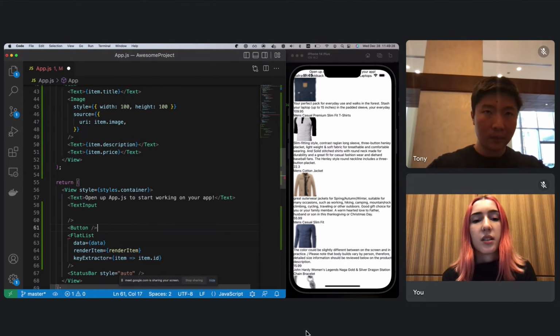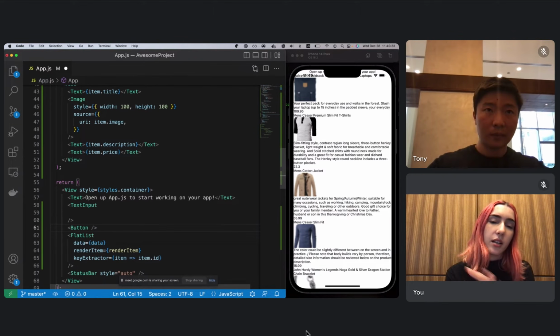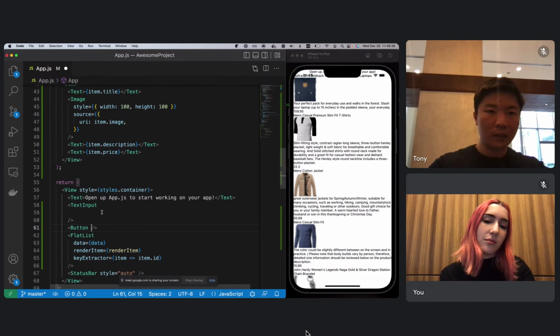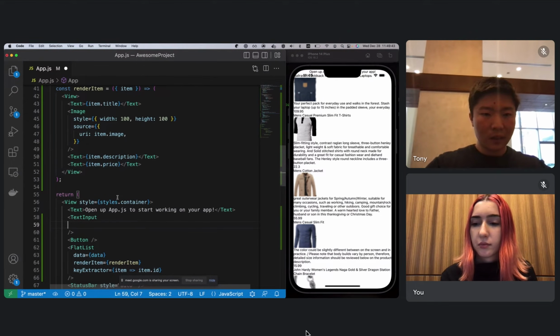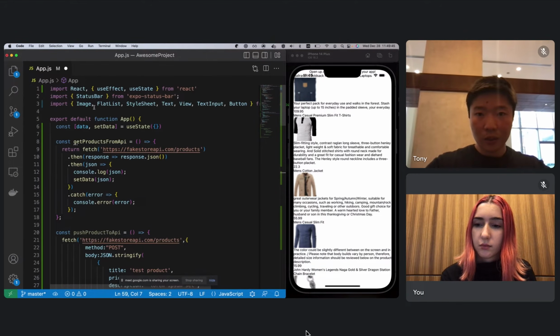Yeah, for simplicity, so we don't have to duplicate, you can have price and other categories hard-coded, just have the title the users can input. Oh, okay. And then the same logic would apply to other fields. Yeah, for sure. Let me double check that. Okay, so text input and button are imported.